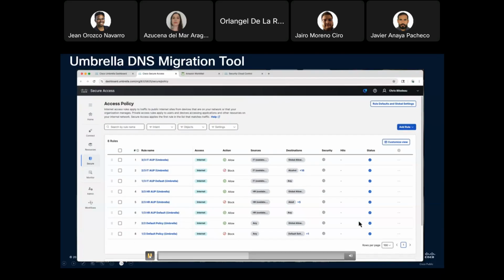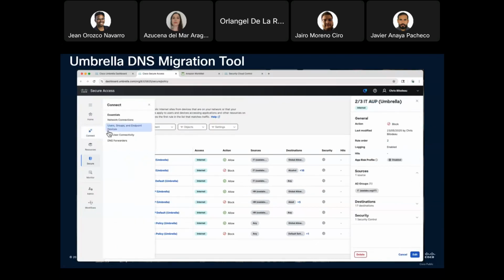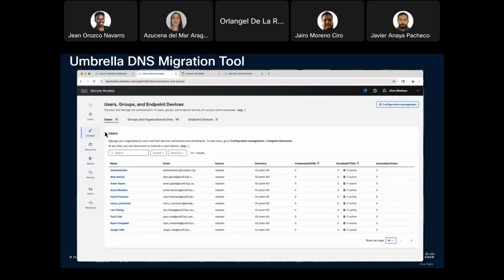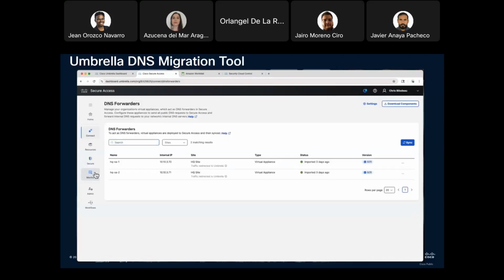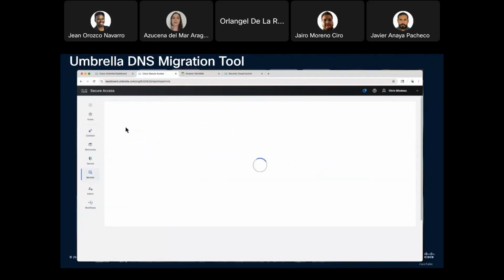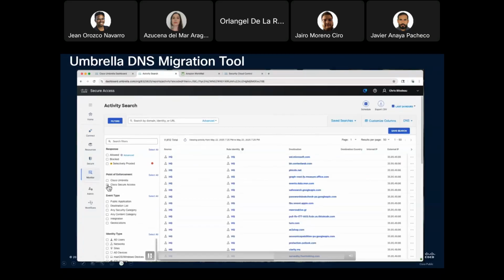Now, after you have this, you can start playing with the redirection of traffic, okay? Because everything has already been moved here. You will see the users here that you have in Umbrella. You will be able to see the DNS forwarders that you have here, right? You will see in the activity search the point of enforcement. So this is the power tool that you will use to know if the traffic is being redirected correctly to